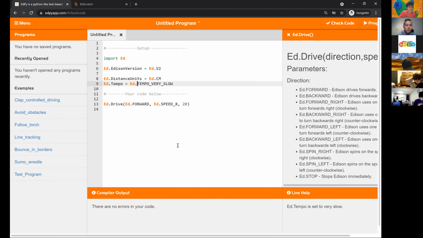I have actually a problem. What's the issue? My issue is it says there's an error, but it doesn't say your error. It's saying a different error. Is it different? What line is it on? It's the same line, line 9. Do you see ed.ed or something like that? It just says ed.tempo very slow. Okay. Make sure you spell it correctly then. Oh, I just added an extra T. Exactly. So you just make sure it's spelled correctly.